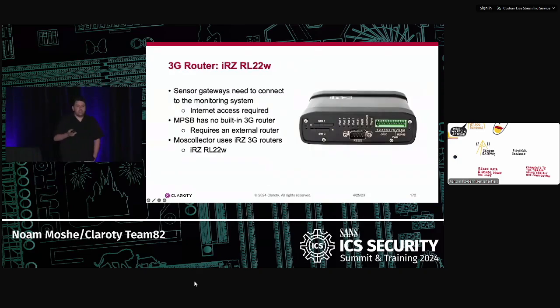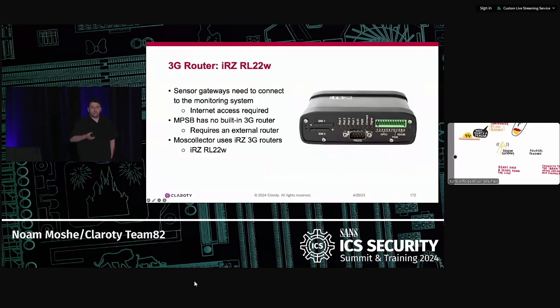And before we understand what 3G router was used by MOS collector, we need to understand its purpose. You see, we have thousands and thousands of different sites located all over Moscow's streets. And somehow we need to connect them to the main monitoring system and the processing unit. Now, this requires internet connectivity. However, simply creating Ethernet lines is not that feasible. I guess most of you know that remote sites are hard to get connectivity to.